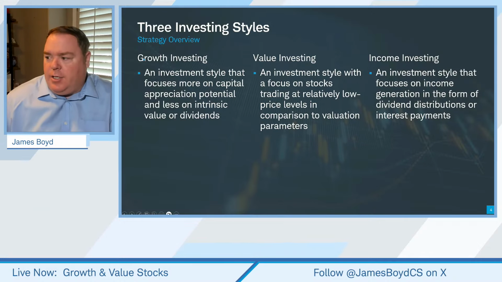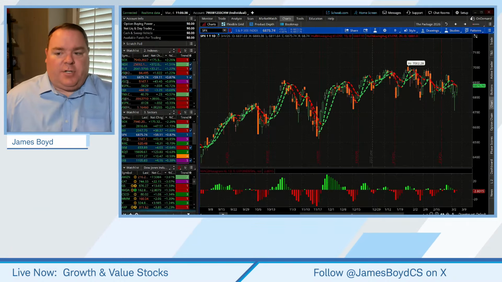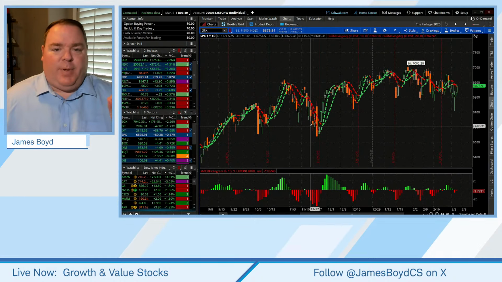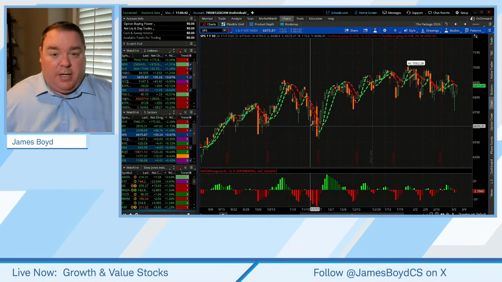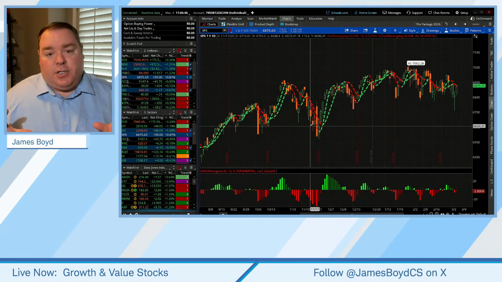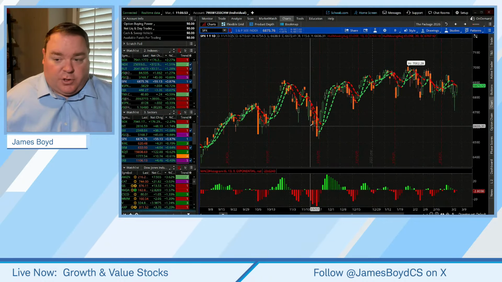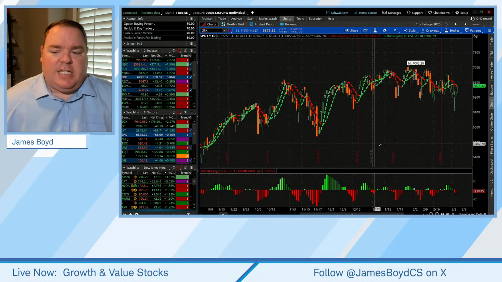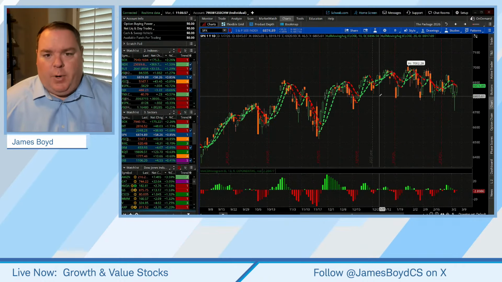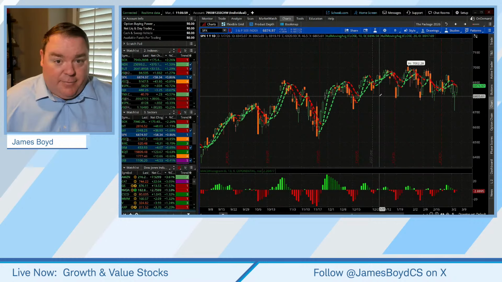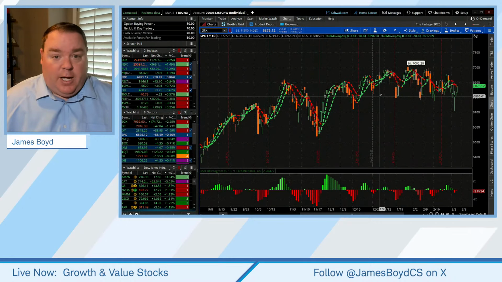Now, let's go ahead and just hop right in. First off, if we use the S&P 500, it's really just a gauge of the market. 10 sectors, right? There's unequal representation here, meaning certain sectors matter more than others. Tech and discretionary, the heaviest for sure. If we look at the S&P 500, over the past couple of weeks, we've been neutral. We've been saying for the last couple of weeks, the S&P 500 is neutral at best.